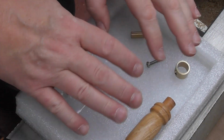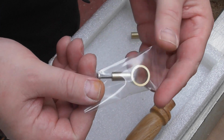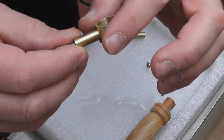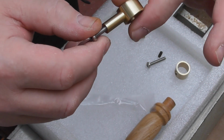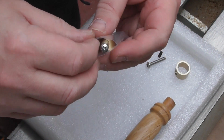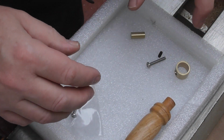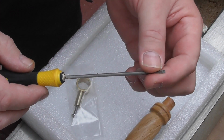So I've got a variety of bits in here. Let me show you normally how the kits come. They come like so. What looks like gold parts are actually solid brass, and it's made up of a variety of sections. I've left that one in there just to show you how they arrive. Now I'm going to show you how they work. You will need a very slim